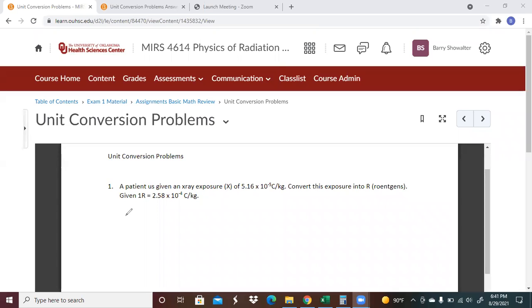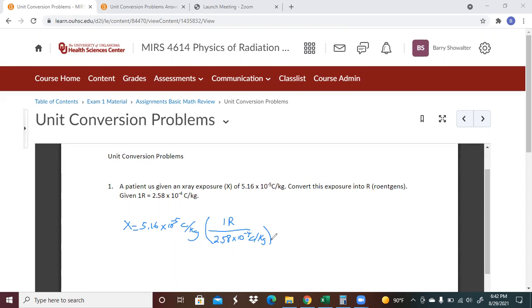So this one's not too bad. We've got the X-ray exposure, and I'll just call that X. We know that that is equal to 5.16 times 10 to the minus fifth coulombs per kilogram. Now we want to convert that. Now what's our conversion factor? It's this. We want this to be Roentgens. So what I'm going to do is I'm going to say 1 Roentgen is equal to 2.58 times 10 to the minus fourth